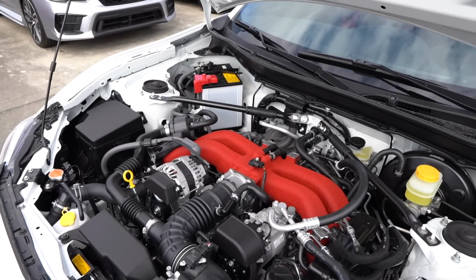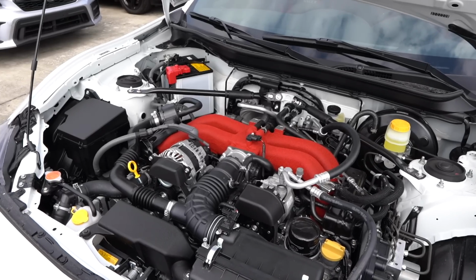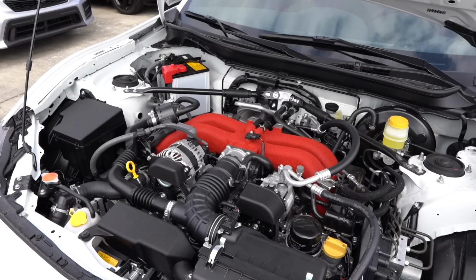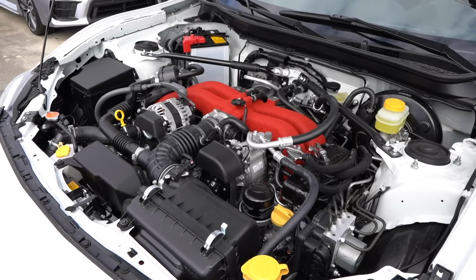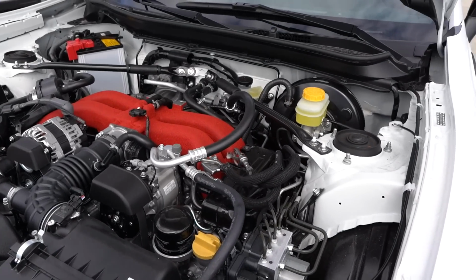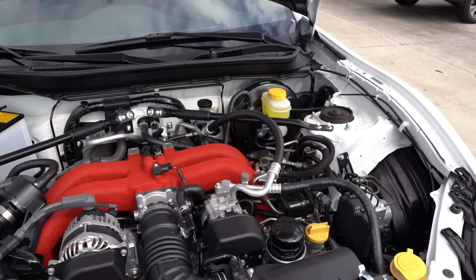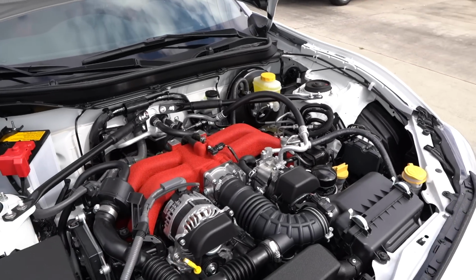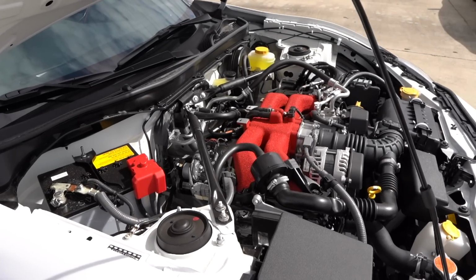But guess what? There is going to be a replacement for the BRZ coming. A new redesign with a turbocharged engine, Subaru is saying. But this one, naturally aspirated, 205 horsepower, 156 pound-feet of torque. It has that nice slick shifting 6-speed manual transmission. Remember, STI tuned springs and the Sachs dampers. This car weighs a very feather light, by today's standards,